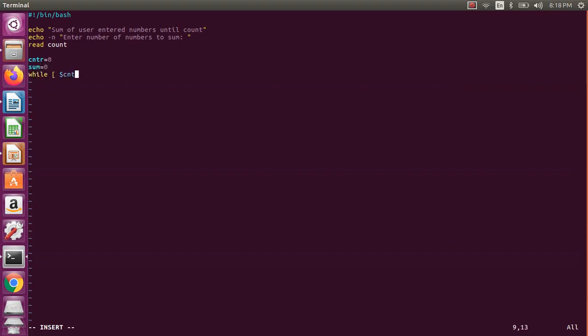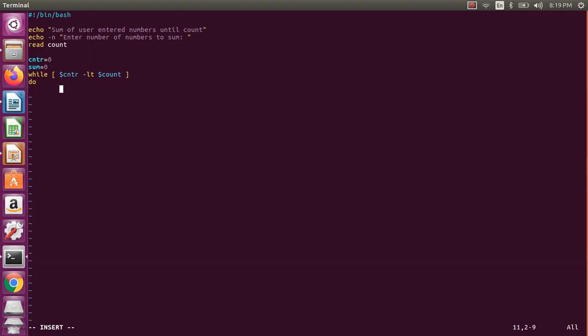I'll say counter less than, I will start with 0 and then end with 0 1 2 3 4. So now less than, not less than or equal to, then it will be 5. So less than 5, right? Less than means 0 1 2 3 4, it will rotate. For 5, counter will be 5 and count will be 5. 5 less than 5 will be false, then it will come out actually.